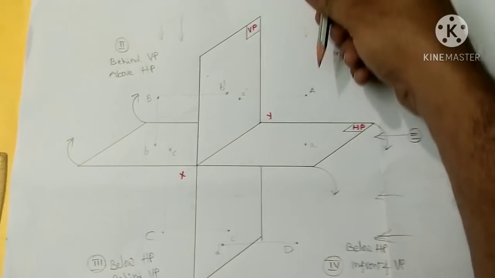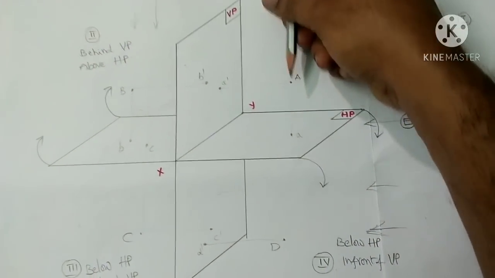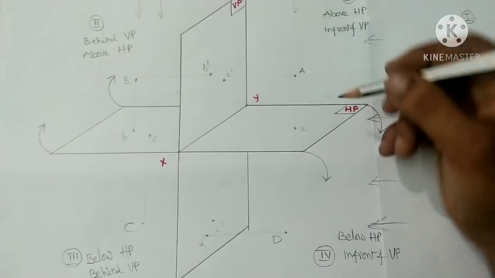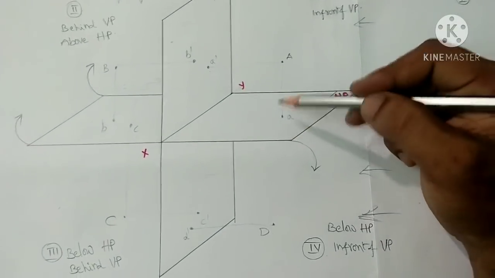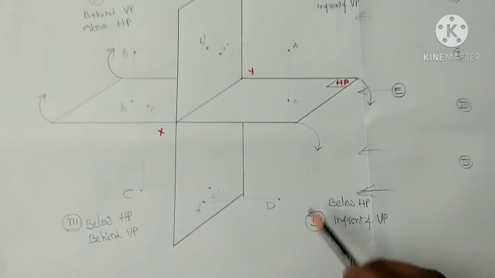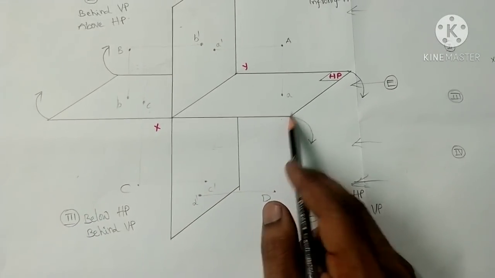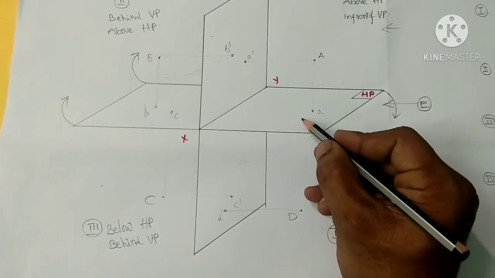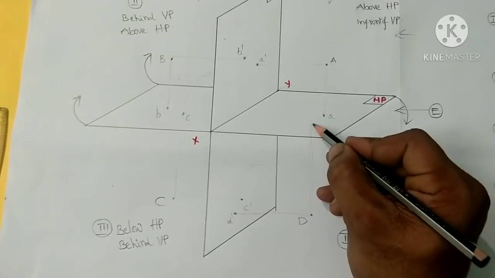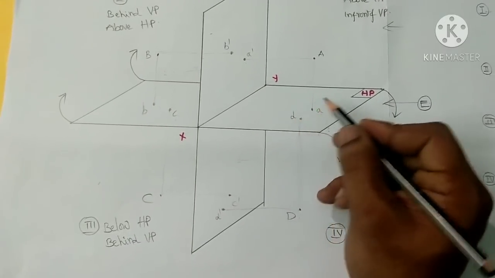And if we come to the top view, we have to see it in this direction, from above the object. So at that time we have this plane between the eye of the observer and the point. So we should assume this plane as transparent. So at that time this will be projected onto the horizontal plane. So here small d becomes the top view point, that is small d.